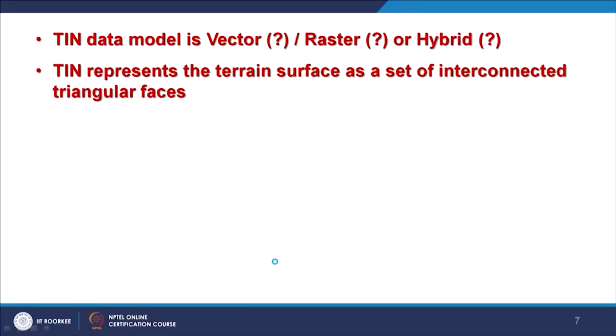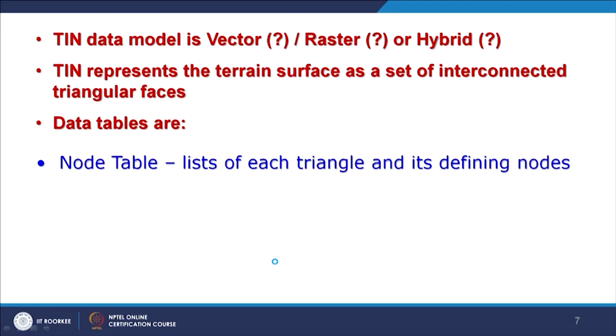But the best part is that almost all good GIS software has implemented it successfully, though the concept, as you know, was developed in 1934, but the real development of GIS has taken place after the early 60s. So, TIN represents the terrain surface as a set of interconnected triangular faces, as you have seen in the previous slide, and everything is managed like in vector data, or when we were discussing the polygons,